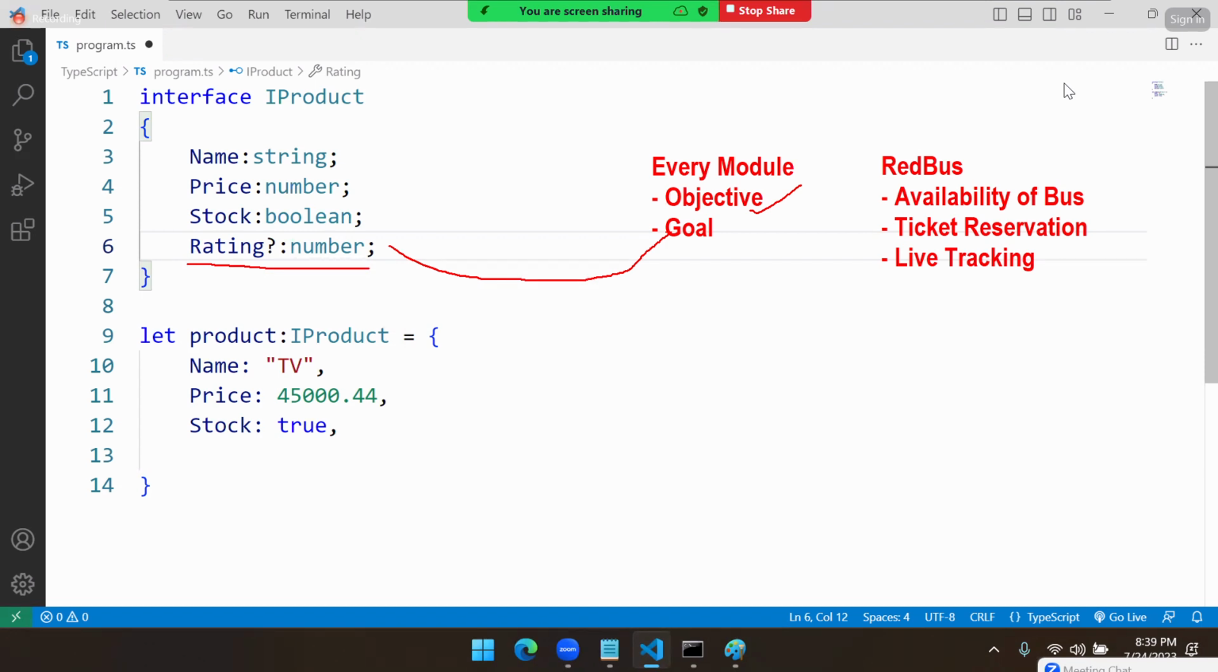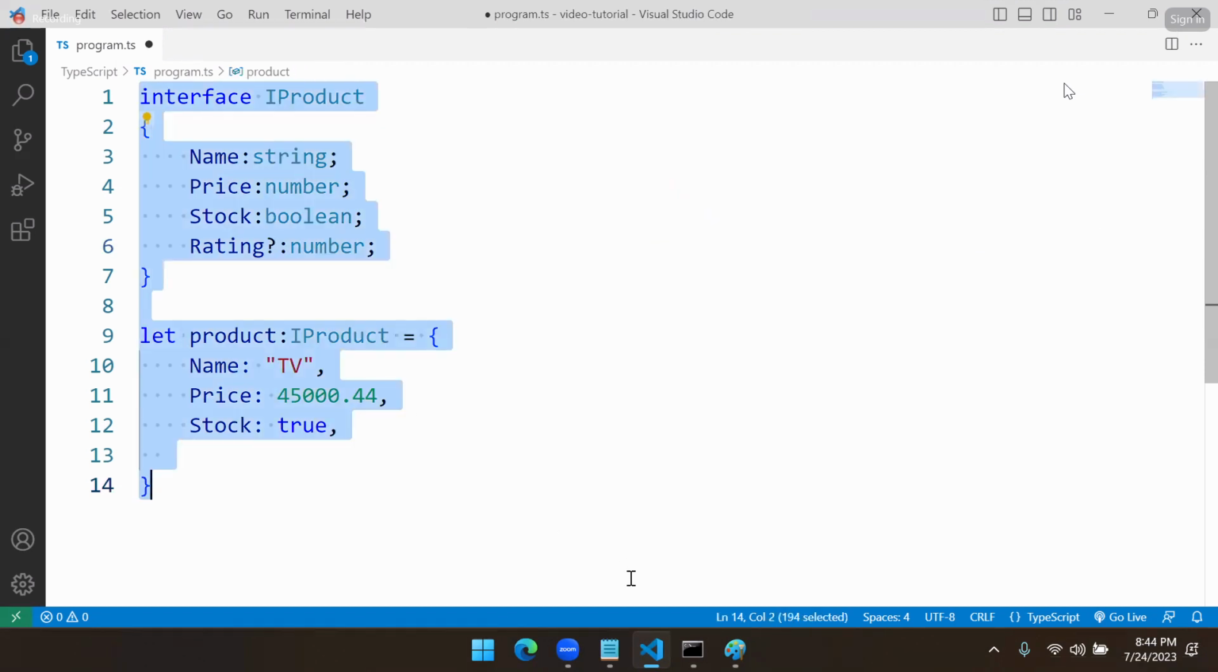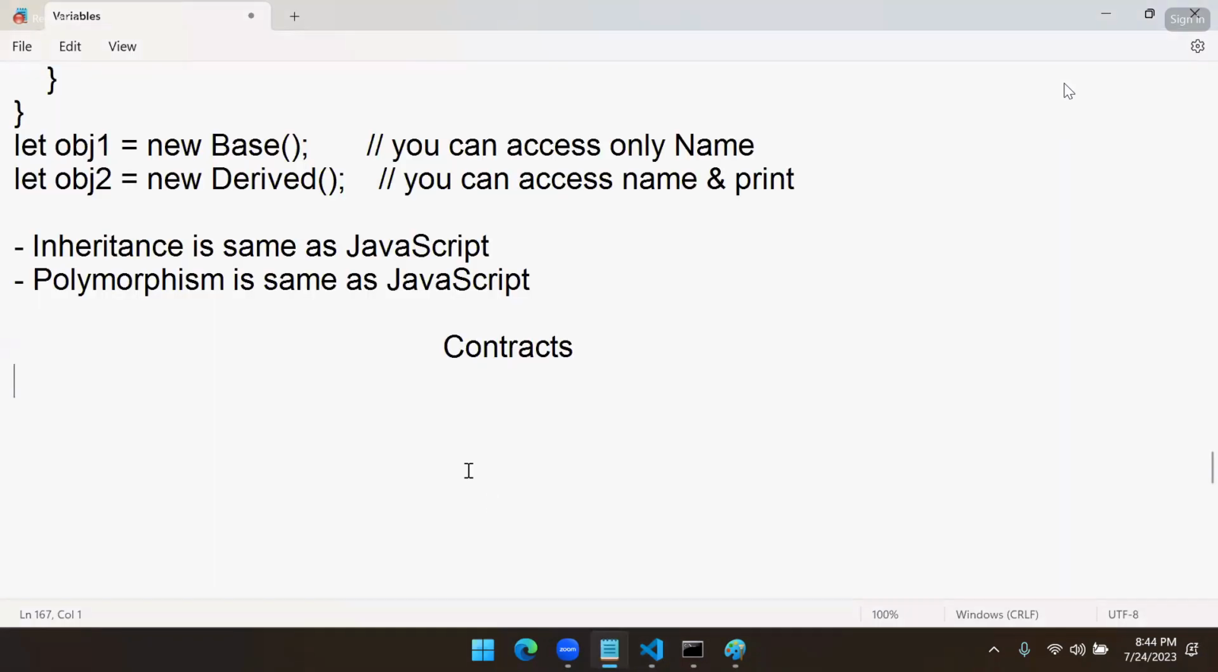React is a library. Are you building the library? No, you are using a library. The person who built that library knows all these points: what a contract is, what the purpose of an interface is, and why and where it is used. This is not only for objects. This is one point. Contracts are nothing but